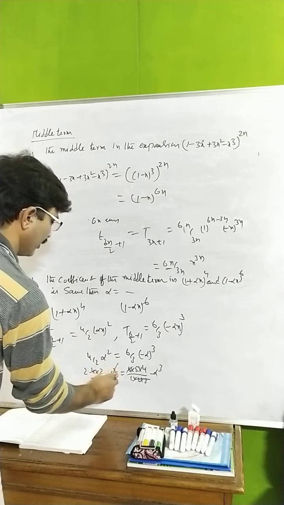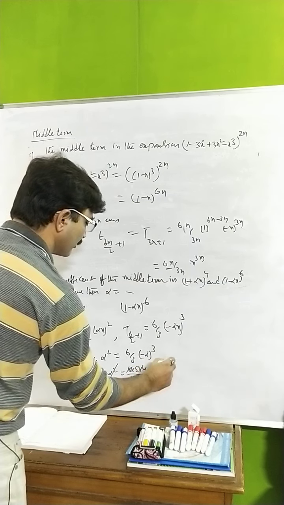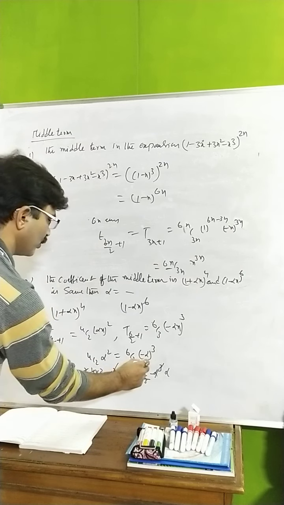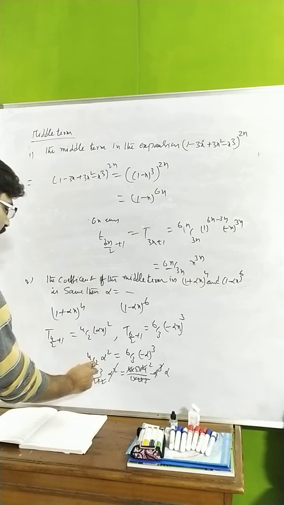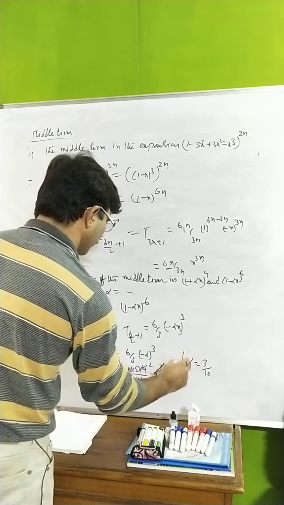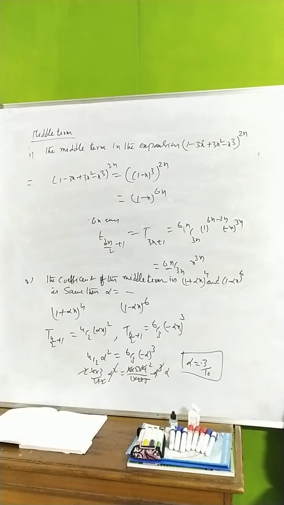Whatever we have here, we'll write here alpha. We can write minus alpha is there. The left out one here, 2 1s are, 2 2s are, you can cut it off. Here 3 is there and here 10. So alpha is equal to minus 3 by 10 you are getting. Alpha is equal to minus 3 by 10. See, this type of question is there.